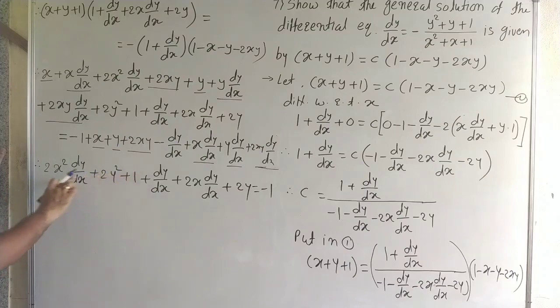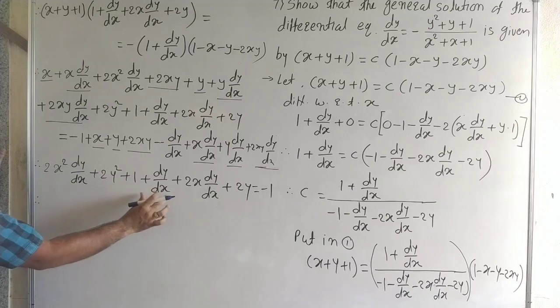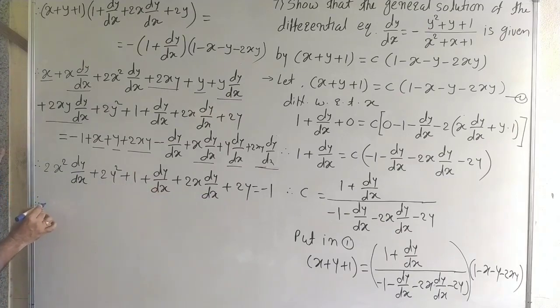Okay, these terms are the remaining. Then we collect the dy by dx. Here it is a dy by dx, and it is dy by dx. Then it is a 2x square plus 1 and plus 2x